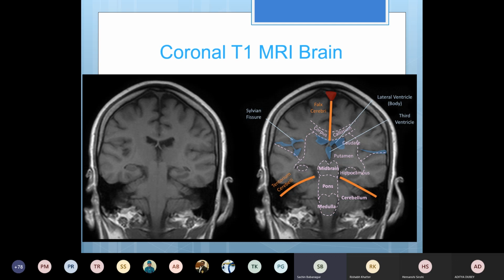This is coronal. So basically you have a longitudinal view, not horizontal, like how you see the face. So just imagine you're trying to look at the face, but in different sections parallel to that. So this is the coronal. Here you have the corpus callosum, and here you have the lateral ventricles, third ventricle, just adjacent to this choroid, and then you have the putamen or the basal ganglia, and here midbrain, pons, and medulla, and on either side cerebellum, tentorium cerebelli.